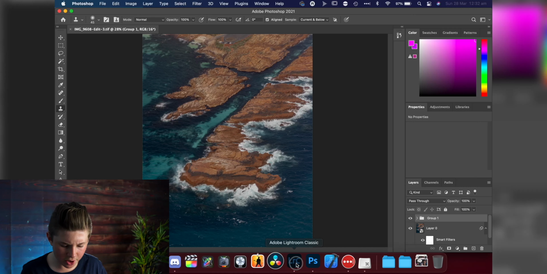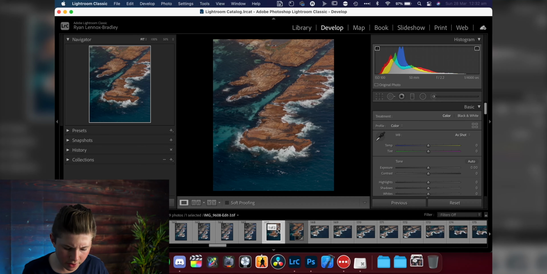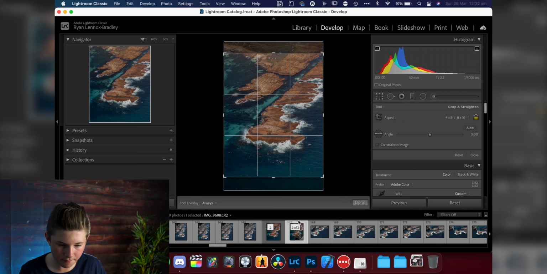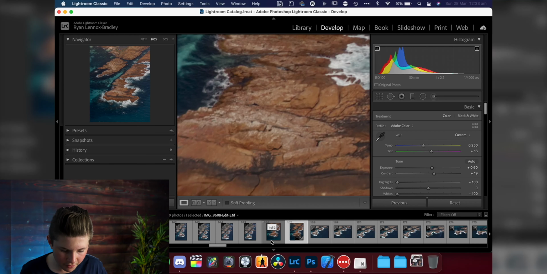Once it's saved, I just go back into Lightroom, and now you can see I got two images here. You can see 1 of 2 and 2 of 2. So you can see this one is the edit because it's got edit and then a number and then TIFF. Then you can see the original here. And if you zoom in, you can see that's before and that's after.